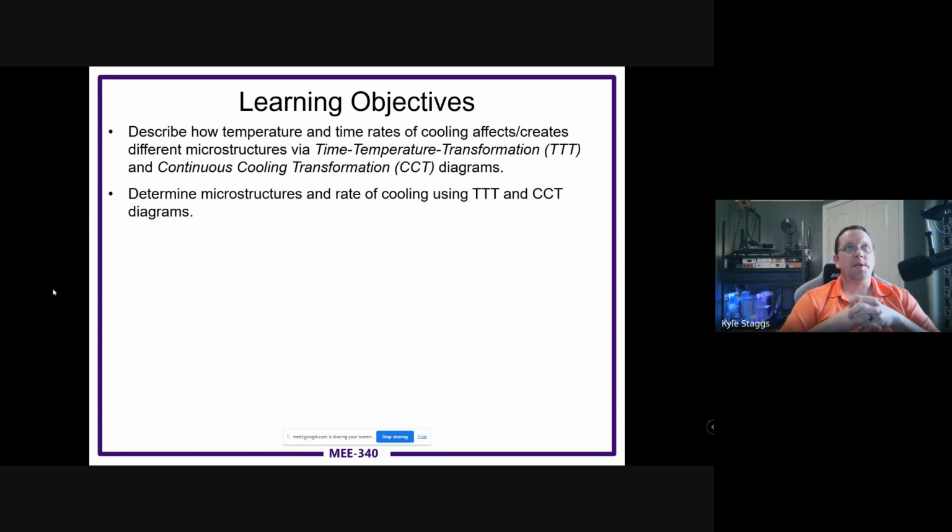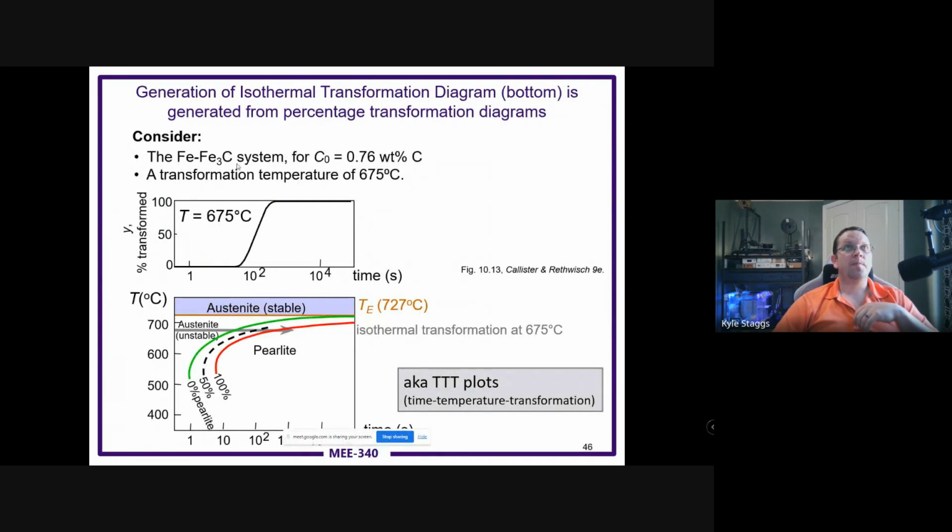Time temperature transformation and then continuous cooling transformation is what my notes say. Does that sound familiar to everybody? Okay. So these are where we have a couple different pieces of information all in the same area. What we've got are what are called isotherms. Long story as to what those are, but the details aren't super important. These are time temperature transformation plots. So what these are telling us is